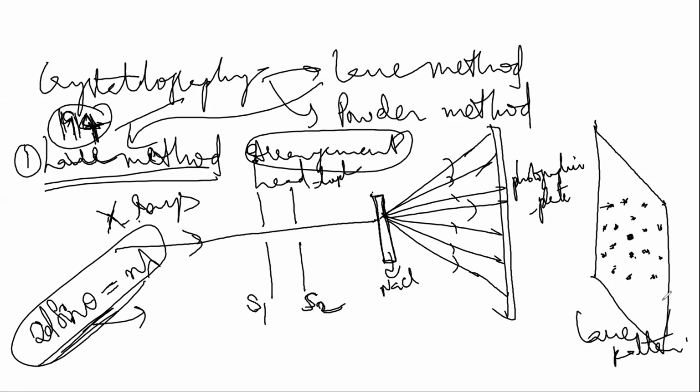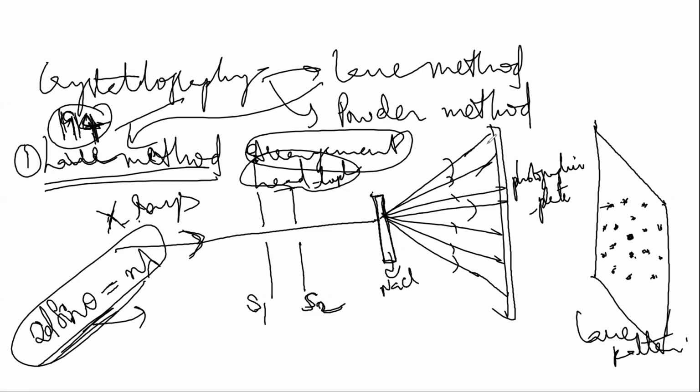First, we have to write that X-rays from an X-ray tube are obtained and made to pass through lead diaphragms or lead slits S1 and S2 so that the X-ray beam becomes very narrow, like a pencil of beam. Now allow the pencil of beam to fall on a single crystal, whose properties you are going to study. Then this diffracted beam of X-rays is allowed to fall on a photographic plate, where we can study the structure of the crystal.